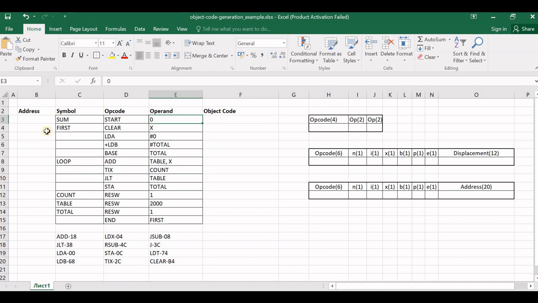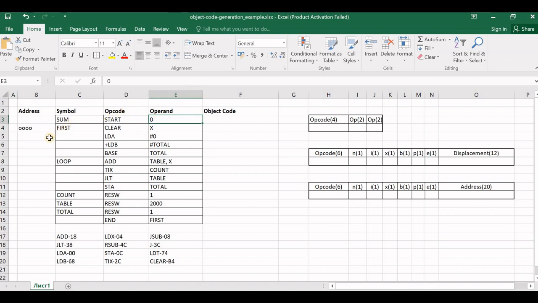So this is the label. First is the label which tells that it is the first executable instruction. So we have to start assigning the addresses from the first executable instruction of the program. So it starts from 0. I will just write 0 over here. So this is the first executable instruction of the program, and at which address is it starting? It is starting from the address 0.